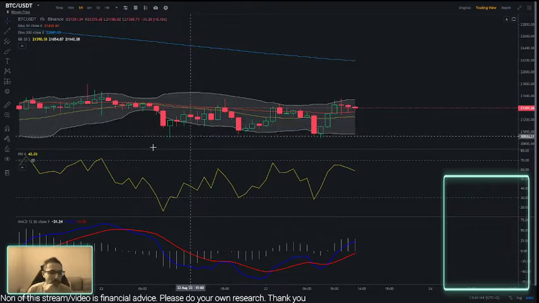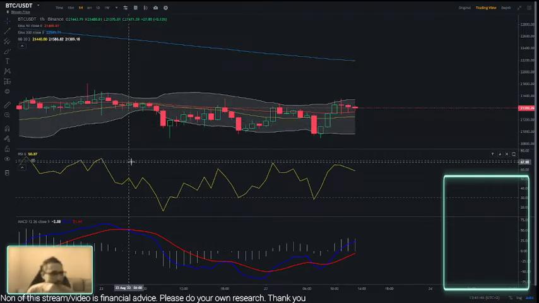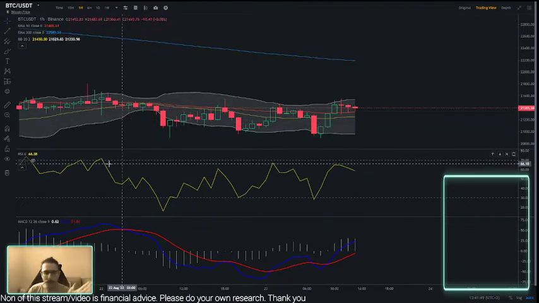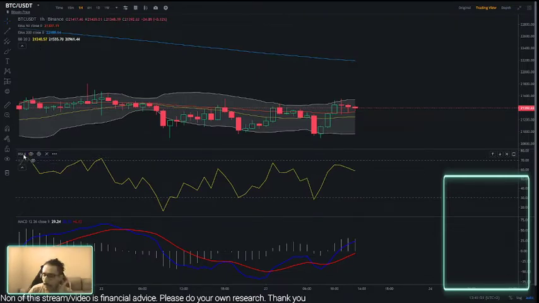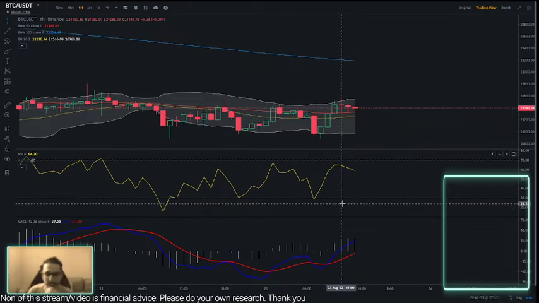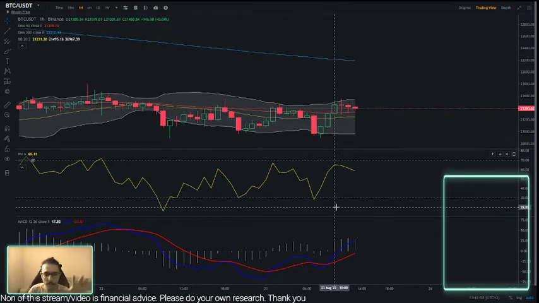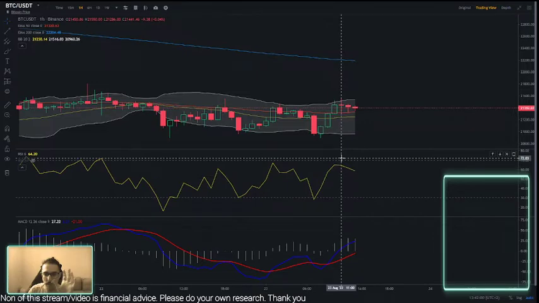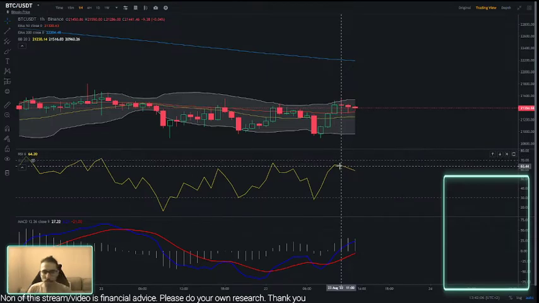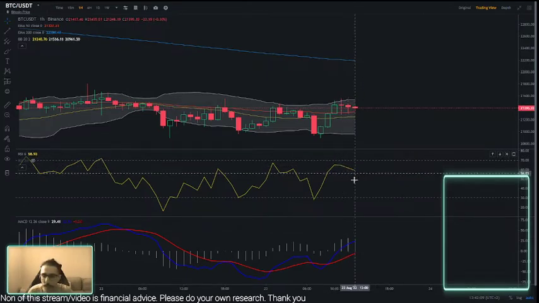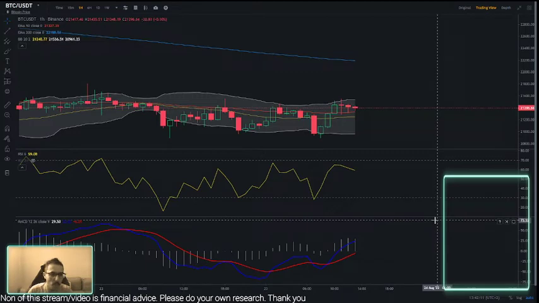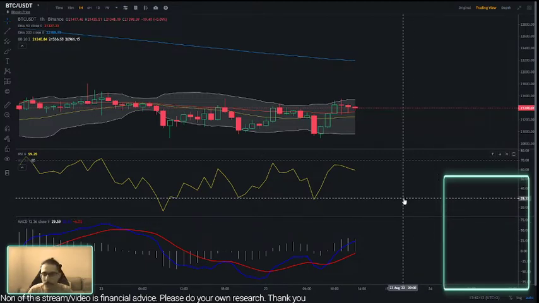Now the RSI indicators. I use the 6-1, and I use it very basically. If it is under 30, we are entering the buy zone, and if it is over 70, that should be the sell zone. What we can see here is that we are currently at around 59, which is in between, but mostly in the